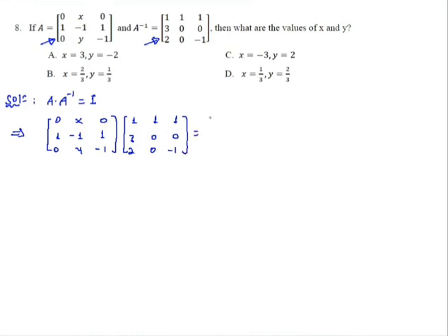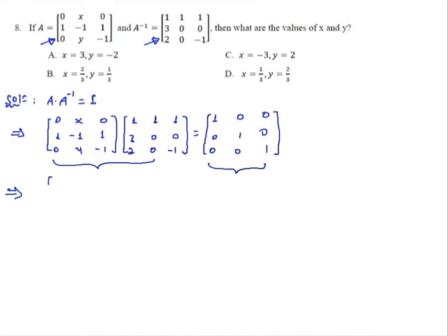This product must be an identity matrix with the same dimension as that of A: 1 0 0, 0 1 0, 0 0 1. ይህንን ከጻፍን በኋላ ቀጣዩ ስራ ይህንን ማትሪክስ ማባዛትና ከዚህ ጋር ኮምፔር ማድረግ ነው. ያኔ ኤክስ እና ዋይ እናገኛለን. እነዚህን ፕሮዳክት ከአይደንቲቲ ማትሪክስ